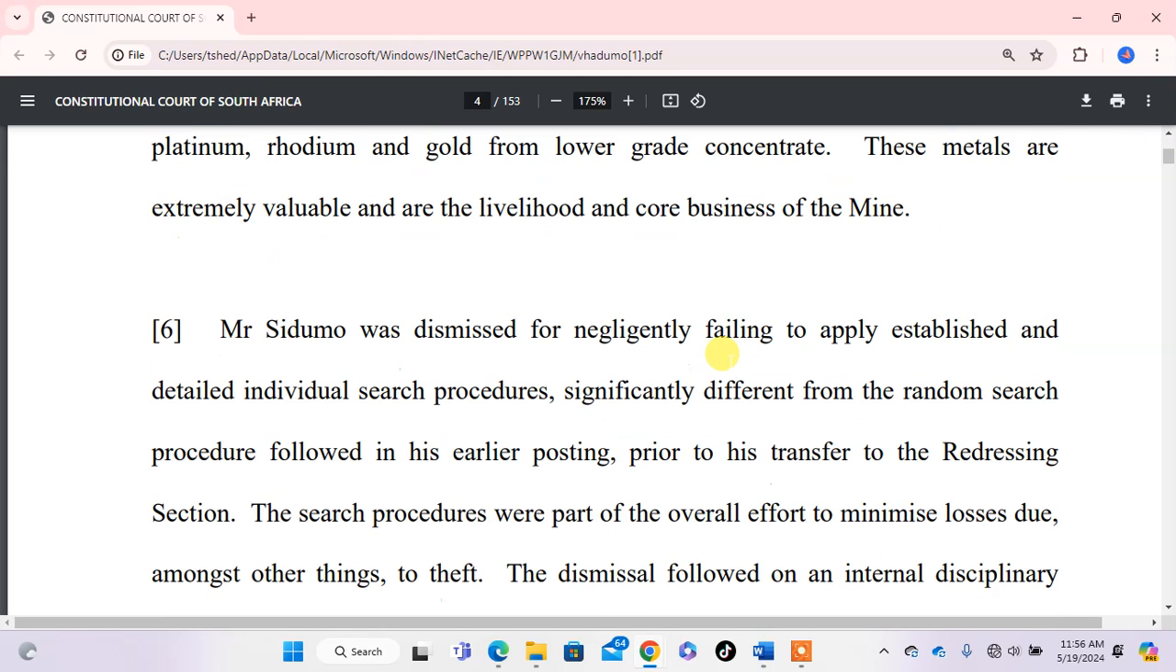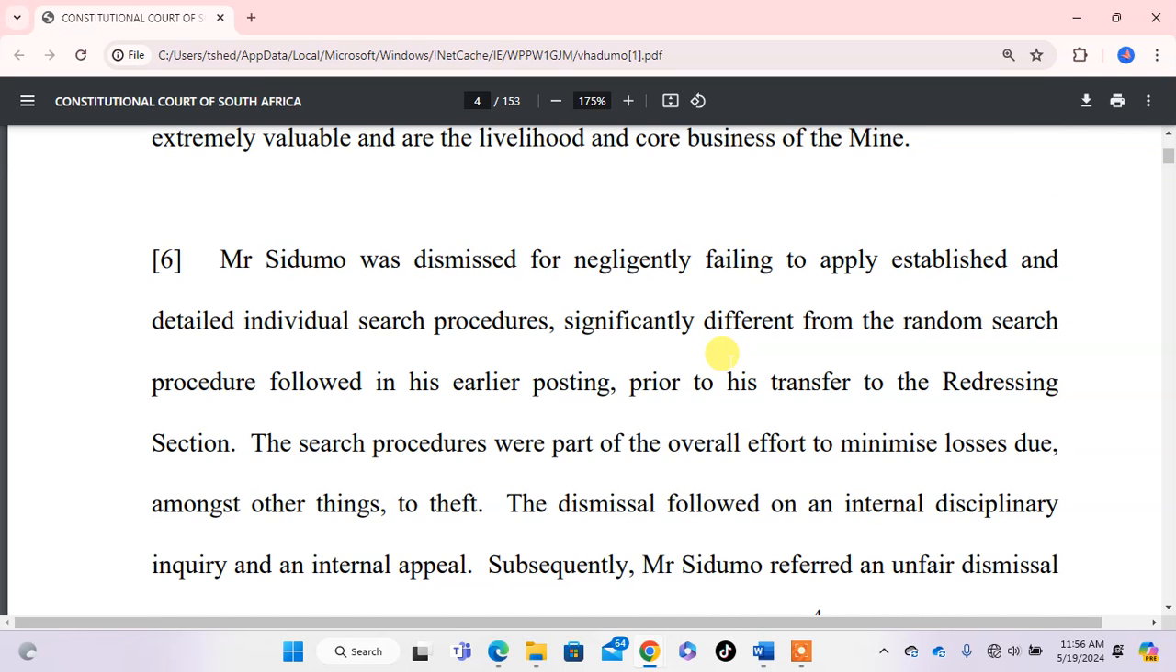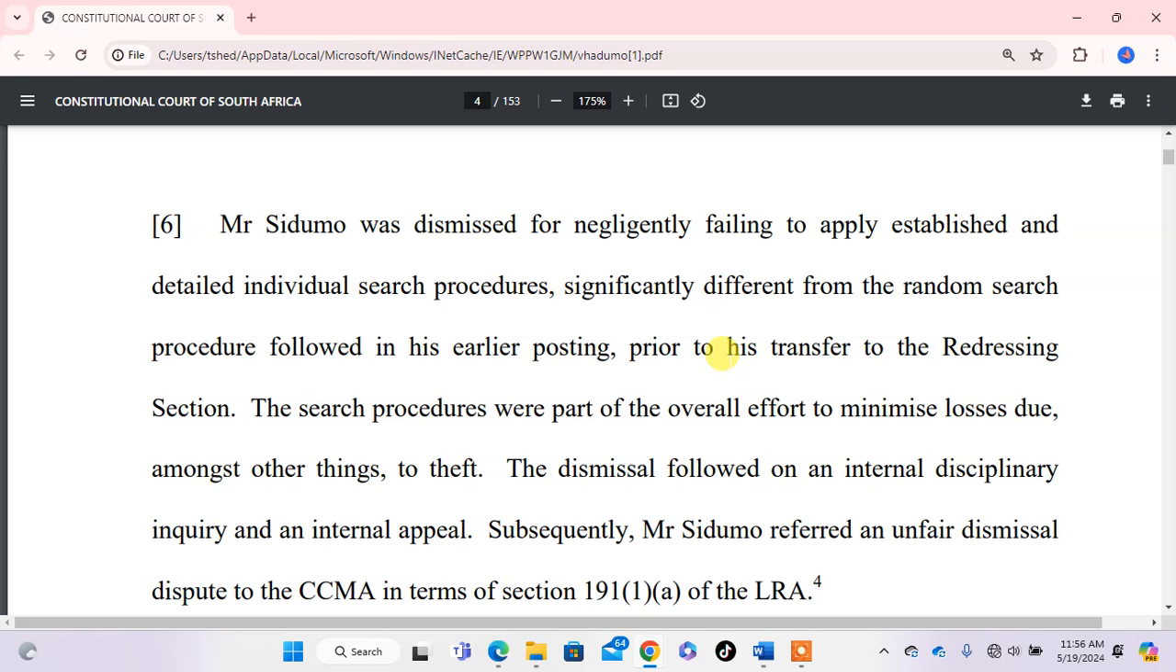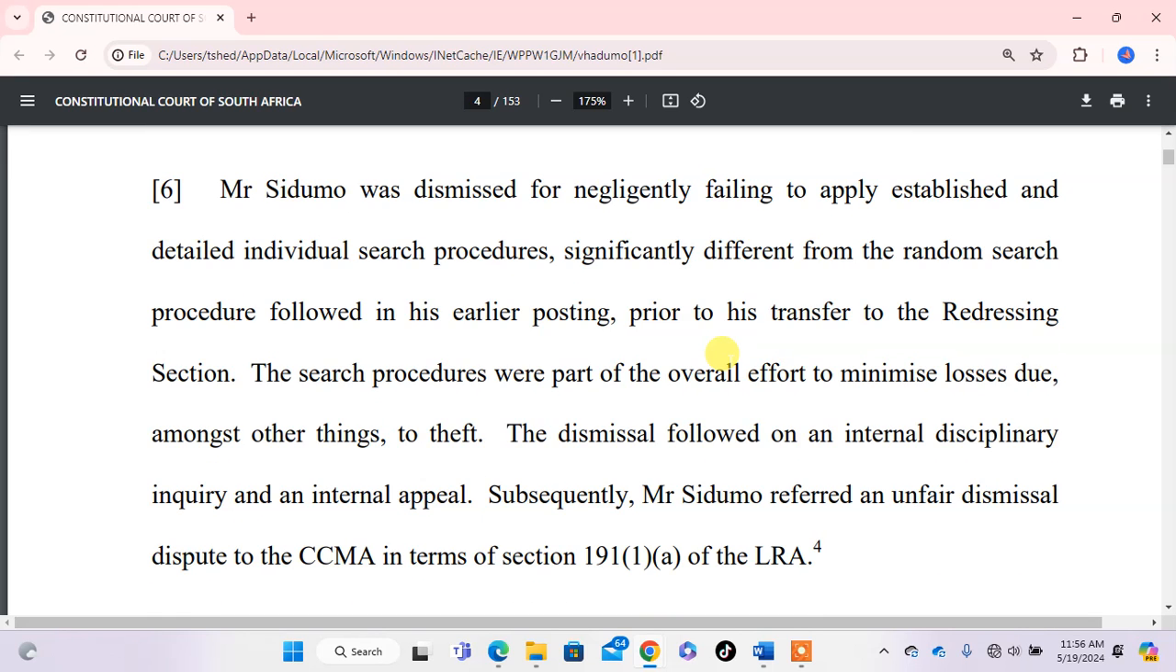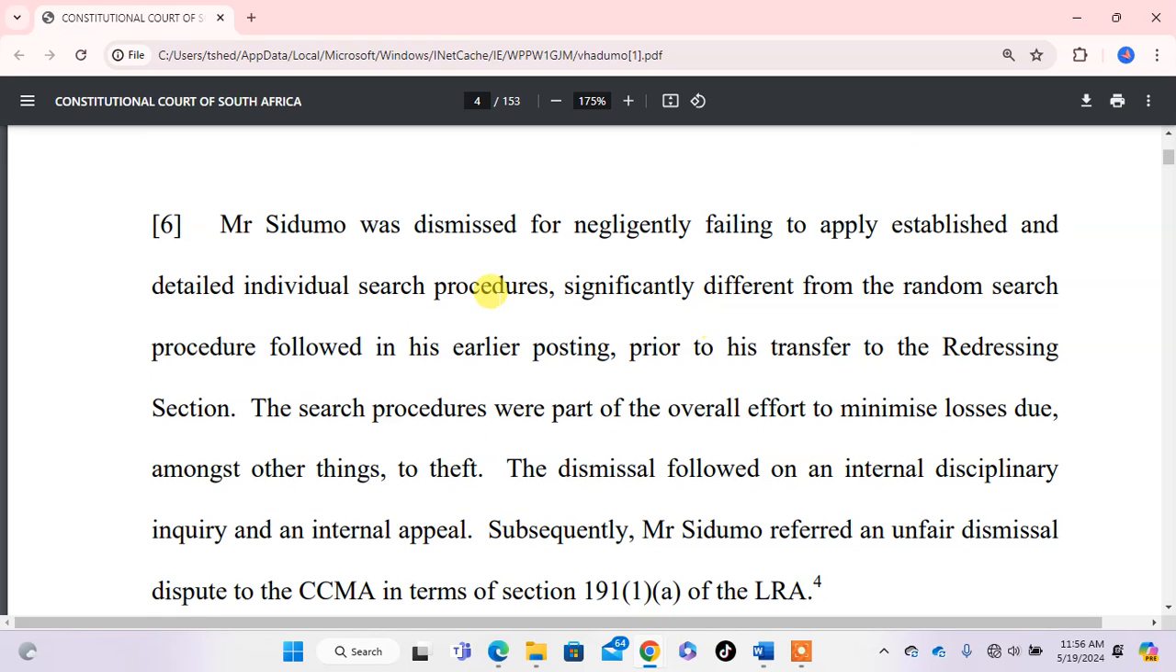We have not been told why he was negligent, but now we are told why he was dismissed. They said that Mr. Sidumo was dismissed for negligently failing to apply the established detailed individual search procedure, where there was part of the theft. So it's very much important that